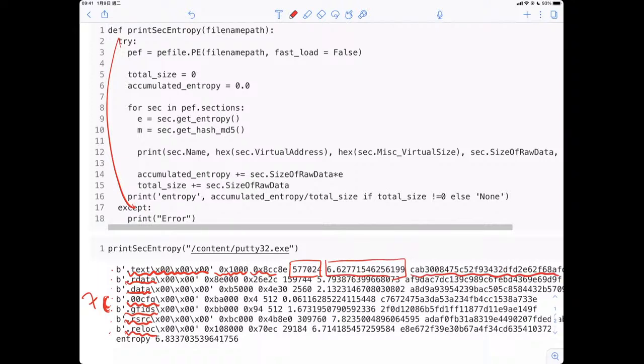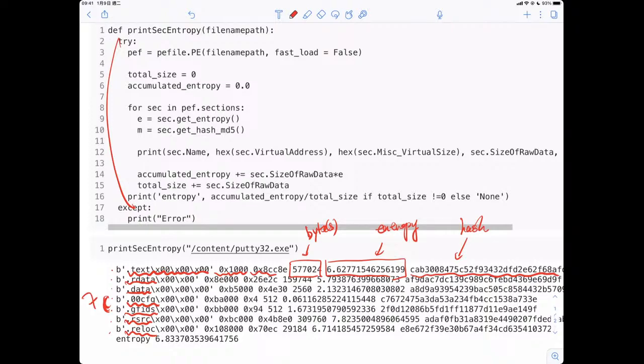Those information are exactly the same as I showed you in VirusTotal, including how many bytes are in this section. For example, this one has 577024 bytes in this section. That is how many bytes, and that is entropy, which I will describe later. And that is the hash value of this section. So basically, you can use the PE package to parse the PE file and output those things, and these can be variables when you build your model.